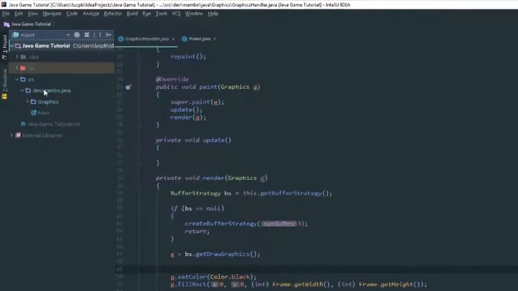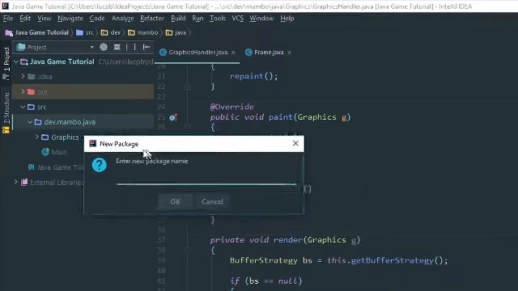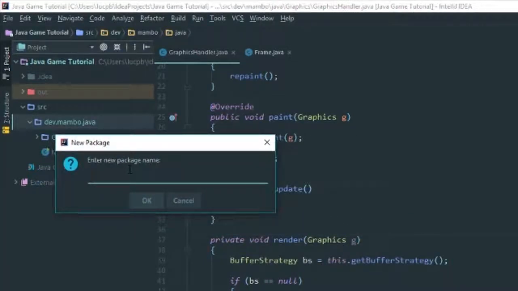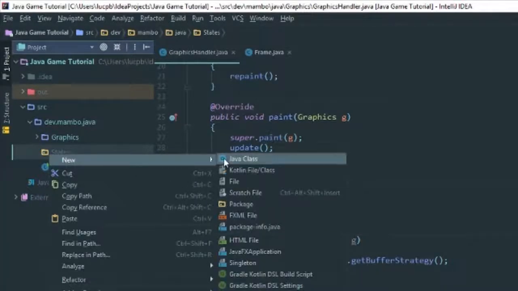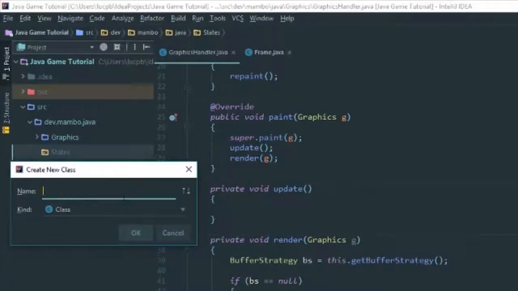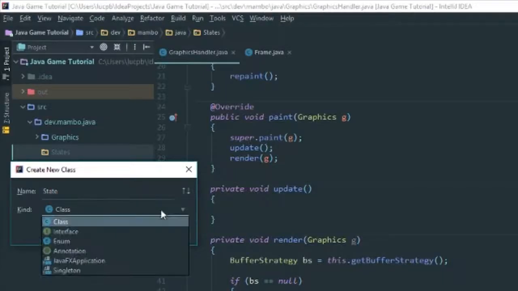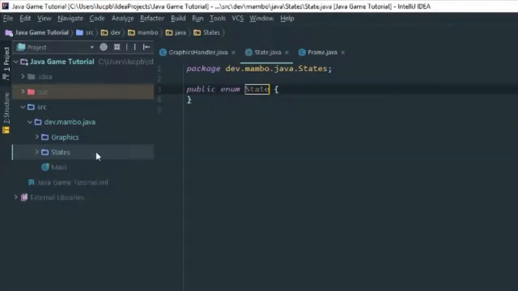First of all, we're going to create a new package, and we'll call it states. Inside this, we're going to create a new class and call it State, and State is actually going to be an enum. I'll explain that in a second. We're also going to create